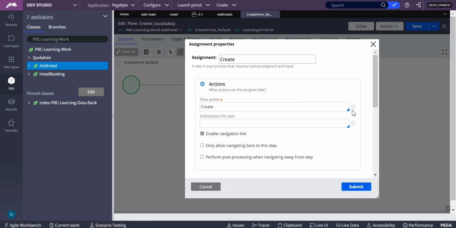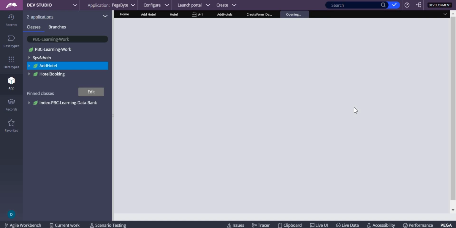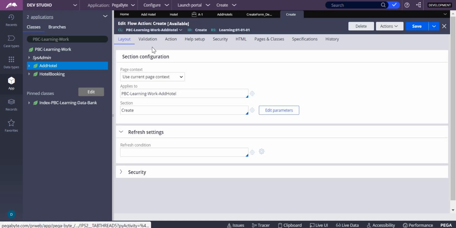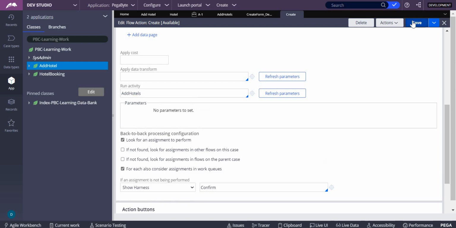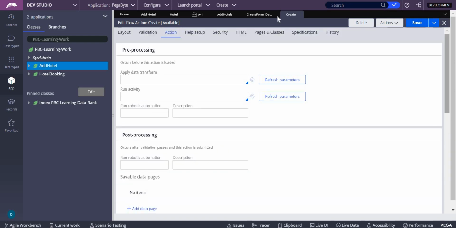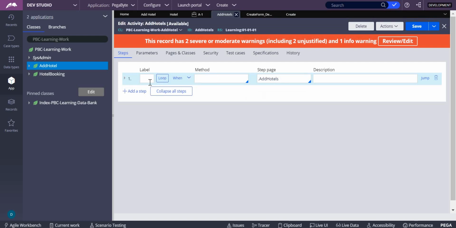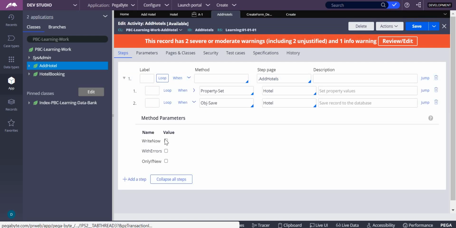In the post processing of the action tab, you can call the activity. Okay, so this will save your things. Now to make this work, I'll take obj save and write now option.